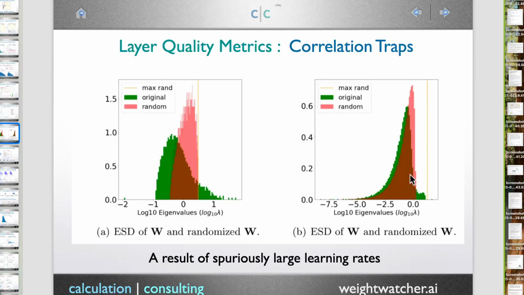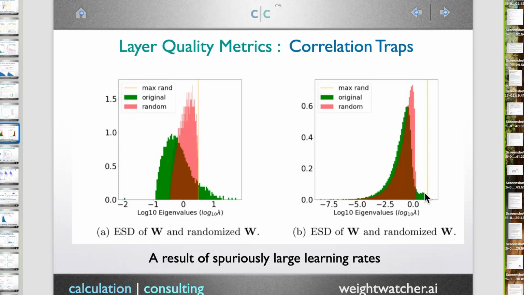And so we can detect these traps using random matrix theory. What you're plotting here is the largest eigenvalue of the randomized matrix. You can see in a system that's well correlated, the green and the red are totally different. In a system that has a trap, the green and the red plots look almost identical. They're a little shifted, and most of the learning is occurring in this weird little shelf here. So these things tend to screw up the alpha and make it smaller.